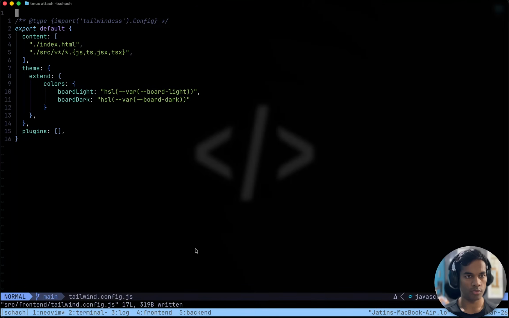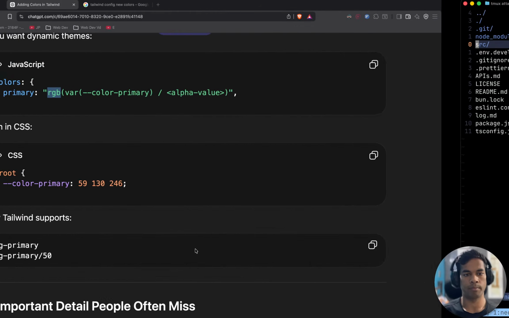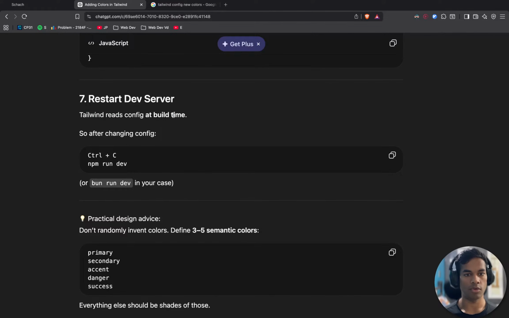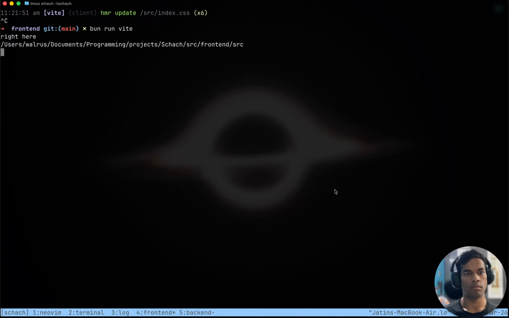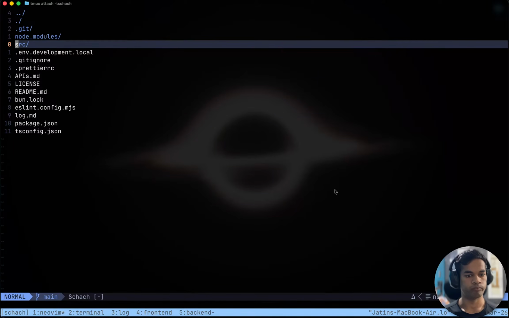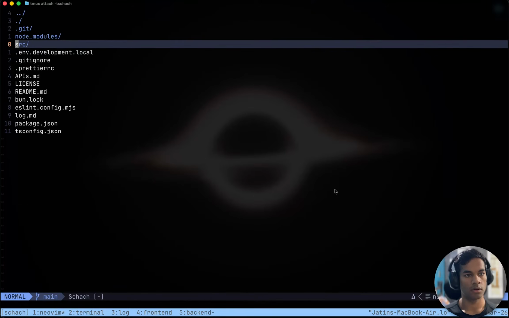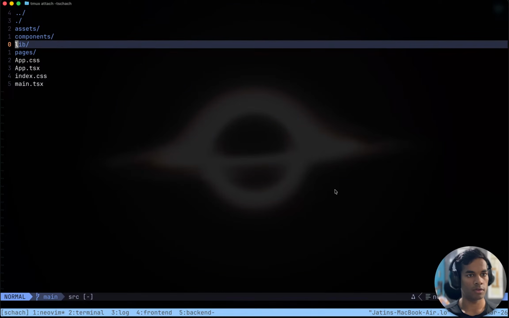I think we should be able to use these new colors in Tailwind. Restart dev server. Tailwind reads from config at build time. So after changing config, you Ctrl+C and npm run dev. Okay. And there was no problem with this running. Cool. So let's see if these colors are available for us.